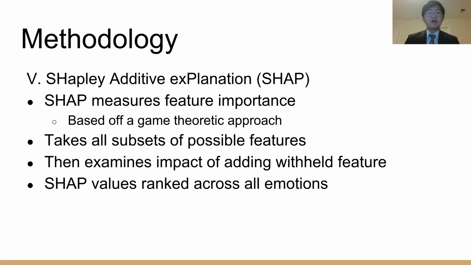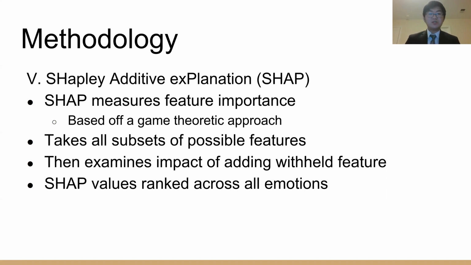And the idea is based off of a game theoretic approach. The basic overall idea is that it takes the subsets of all different features, not including the feature that I'm trying to look at, and then it looks into whether or not adding that feature in has a major impact on the model output prediction. By examining the impact of every single different subset, it can then predict whether or not the model had a major impact on the